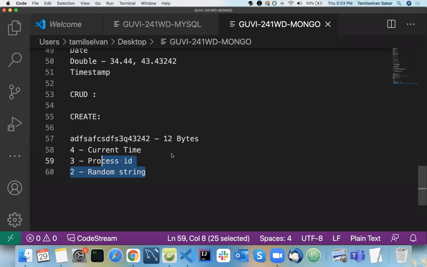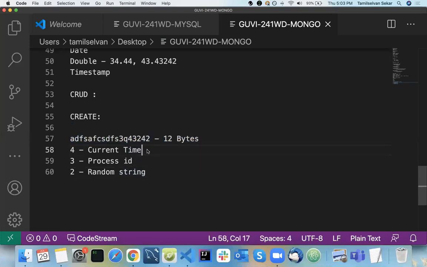Same way, you have started your MongoDB, so your MongoDB is also a process in the backend. That particular process will have an ID in your OS. That is all about your machine ID, basically a process ID. Then the random string is the last bytes. I'll show you the exact definition now.